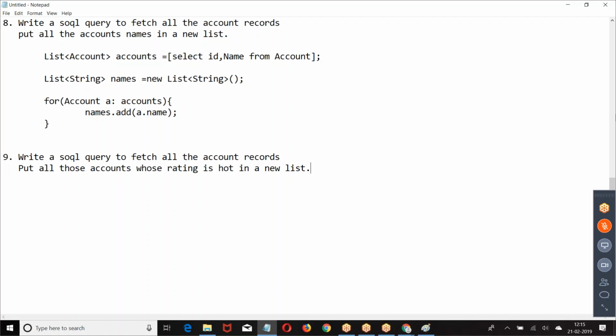Put all those accounts whose rating is hot in that new list. Write a SQL query to fetch all the account records. Put all those account records whose rating is hot in a separate list.